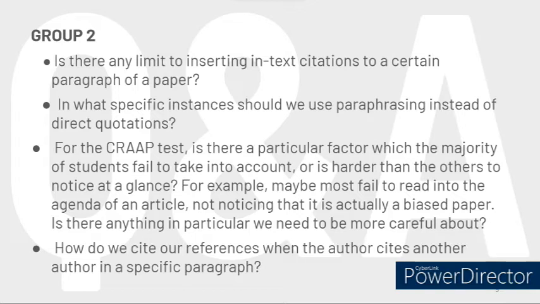So, yon. Next question. How do we cite our references when the author cites another author in a specific paragraph? Okay, so this is what you call an indirect source. And the way that you cite an indirect source is dependent on the citation format that you use. So an indirect source is when you cite a source that is cited by another source. Okay, to give a concrete example, let's say that